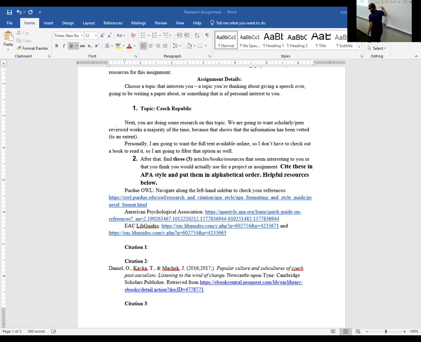Nations Online. And then we retrieved it from whatever that link was. So pretty straightforward. Because if you don't have an author, then you'll have a title. But if you had the author, then you'd obviously put that first, then the date, then the title, and so on and so forth.